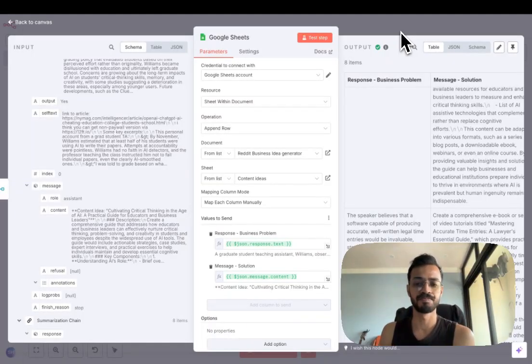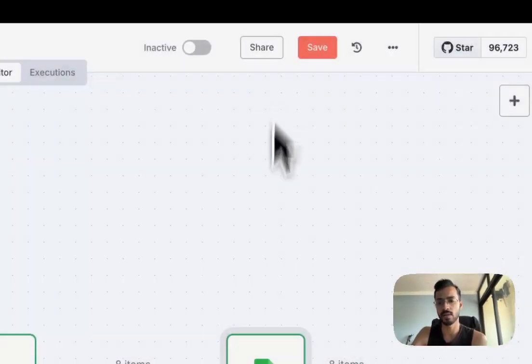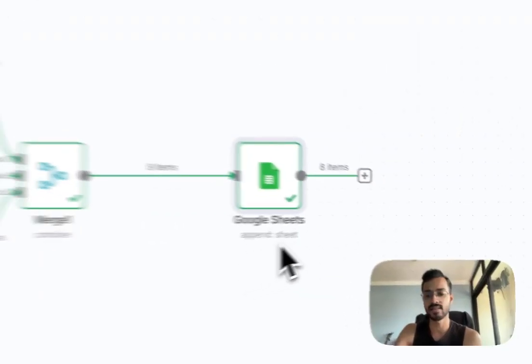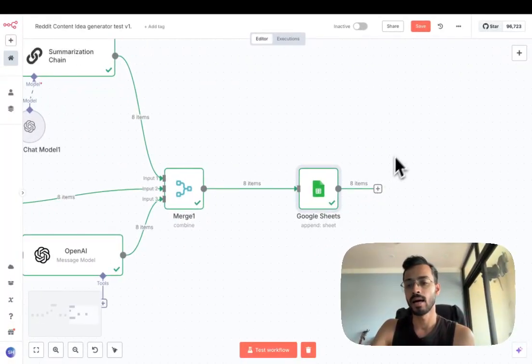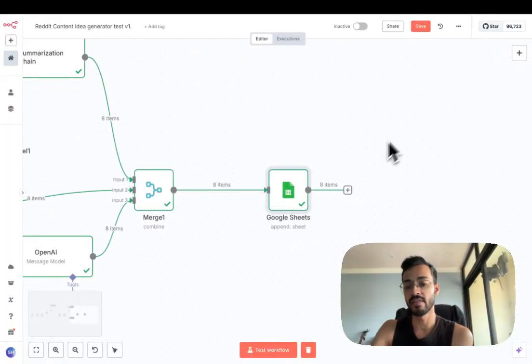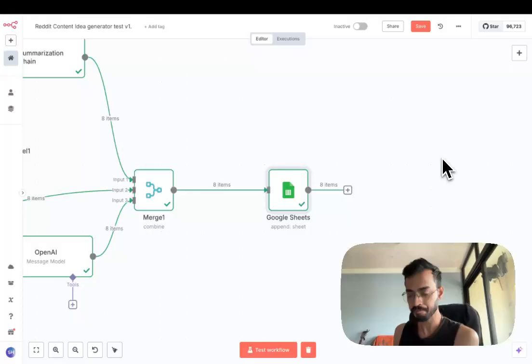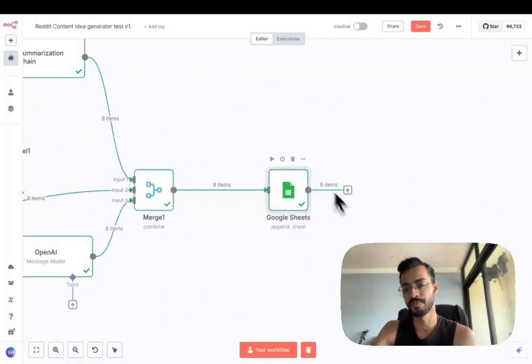And what you also want to do as a next step, let's say you have all these ideas, you can then connect this into another workflow where you have a writer coming in and then just writes on autopilot. I'm going to show you how to build a writer just like that, so you can then connect it to essentially this function.